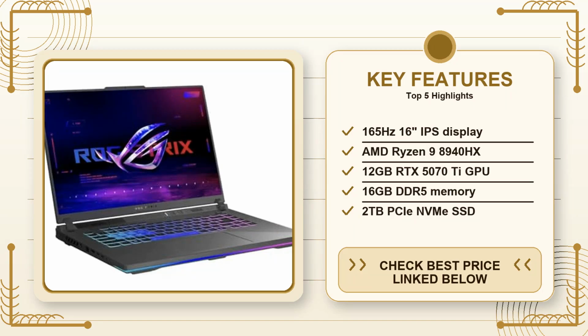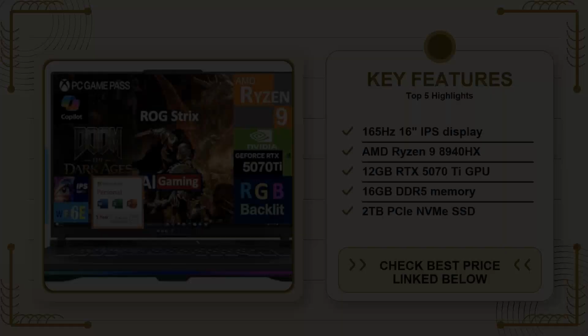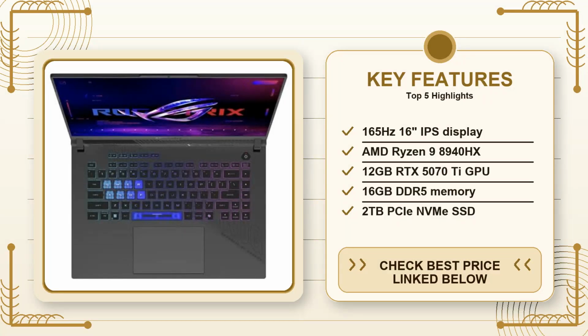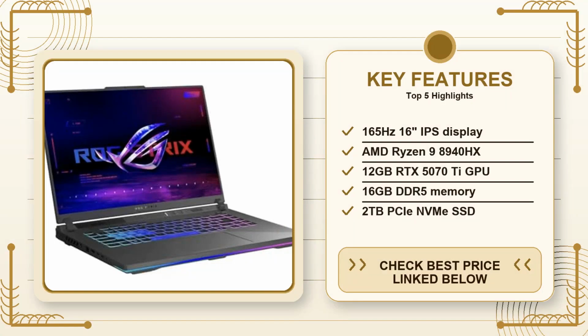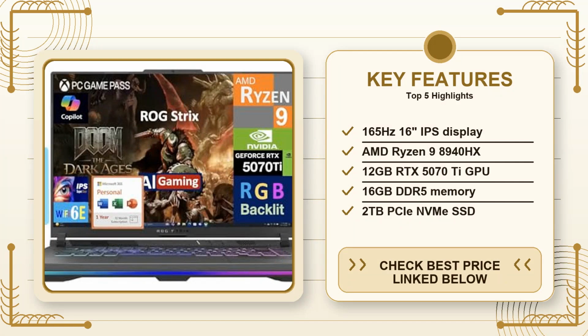Who should skip it? If your primary use is light office work, casual web browsing, or you're a student who never plans on tackling AAA games, you're likely overpaying for capabilities you won't exploit. The battery life and fan noise become more pronounced drawbacks when you're not regularly pushing the hardware. Likewise, if you already own a desktop workstation for gaming and just need a portable companion, a mid-range laptop with a more modest GPU would cover your needs without the premium price tag. And finally, if you're a strict budget shopper, the cost of this machine, especially given that it ships with Windows 11 Home rather than Pro, might be better allocated toward a better priced